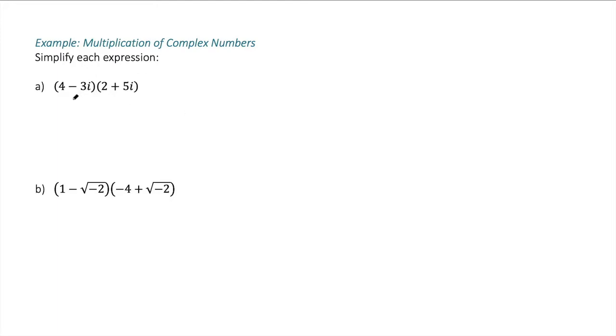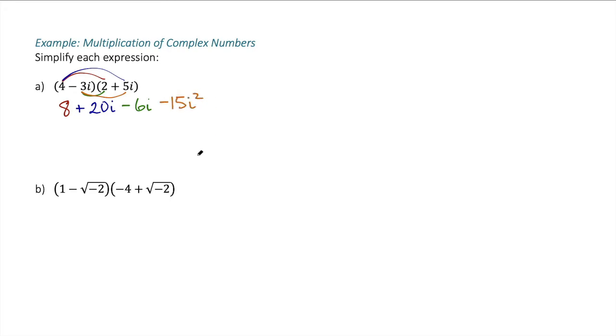Simplify each expression. Here I've got 4 minus 3i times 2 plus 5i. And we want to multiply these, so we're just going to distribute everything. So we're going to start with 4 times 2, which is 8. And then we've got 4 times 5i, which is 20i. Then we have negative 3i times 2, which is negative 6i. And then finally we have negative 3i times 5i, which is negative